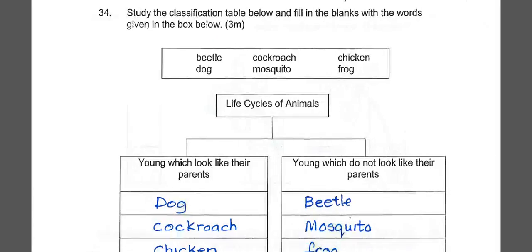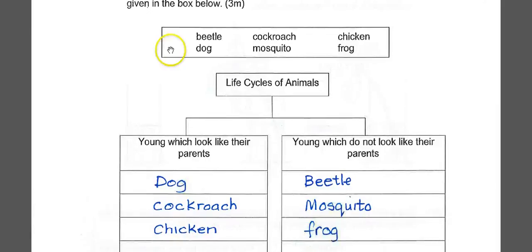Let's continue. This classification is very, very straightforward. Life cycle looks like parents, does not look like parents. All right, that's the answer. No explanation needed. Next,